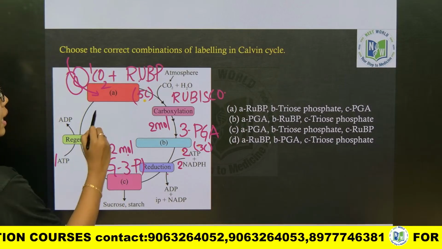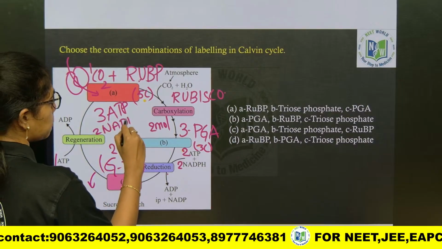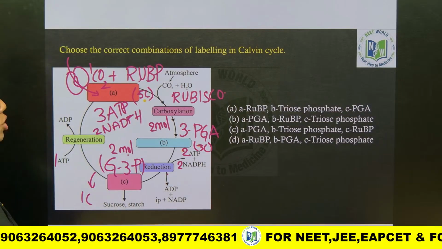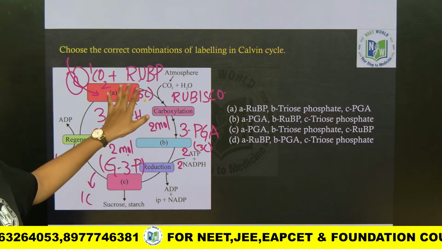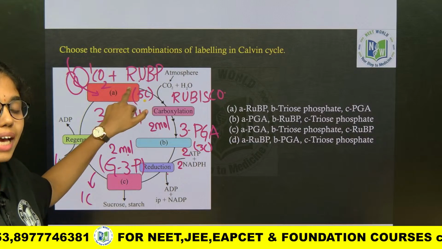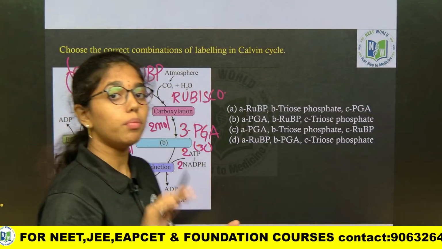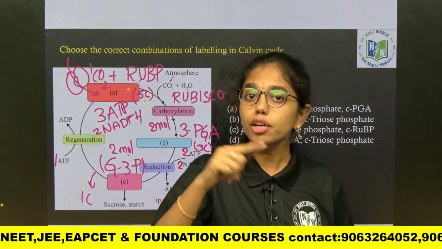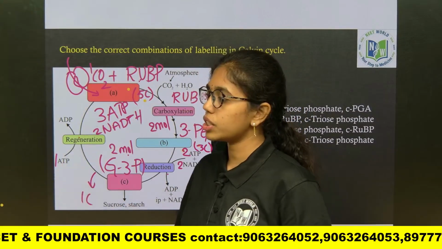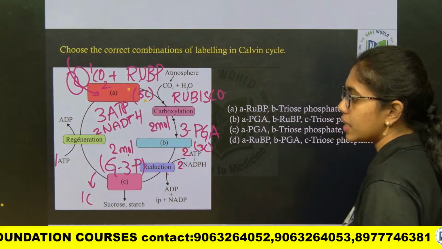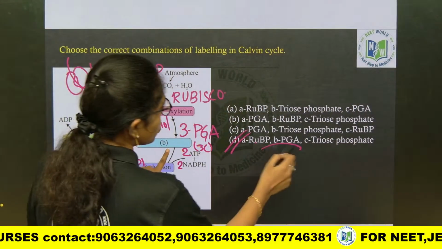So, in total 3 ATP and 2 NADPH are required. Clear? So, this is about the Calvin cycle. If the question is asked about the crucial step of the Calvin cycle, you have to choose carboxylation. If the question is about the most crucial step to continue the cycle uninterruptedly, then you have to choose the regeneration option. Clear? Yes, Shiva, the answer will be D, where A is RuBP, B will be phosphoglyceric acid,